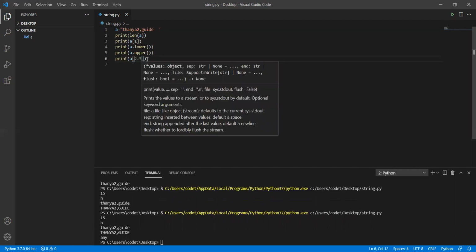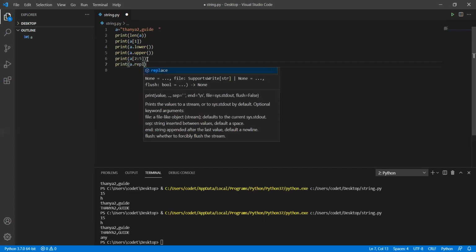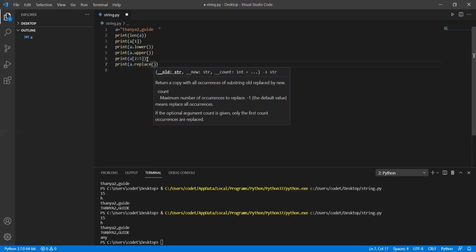Now I'm going to show you one more thing, that is if you wanted to replace anything. Okay, now see, in order to replace anything, print of a dot, that means variable dot replace. In that you just mention, instead of capital T, I just wanted to get J, Janya.